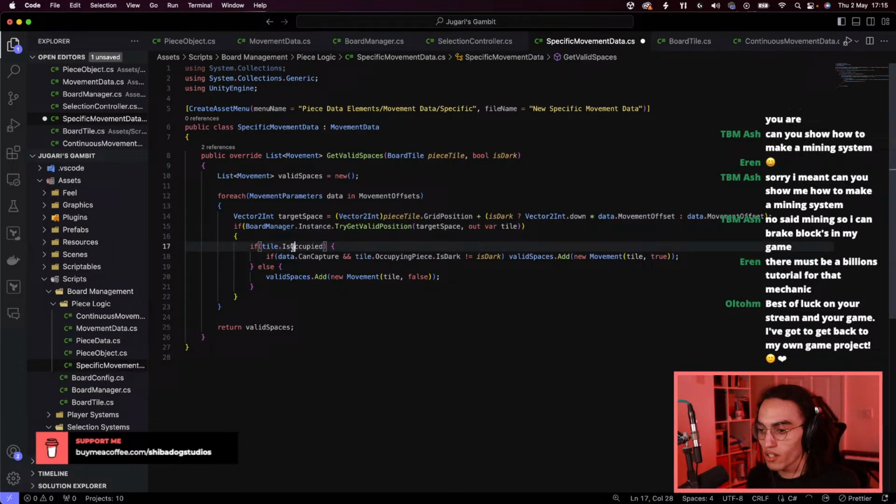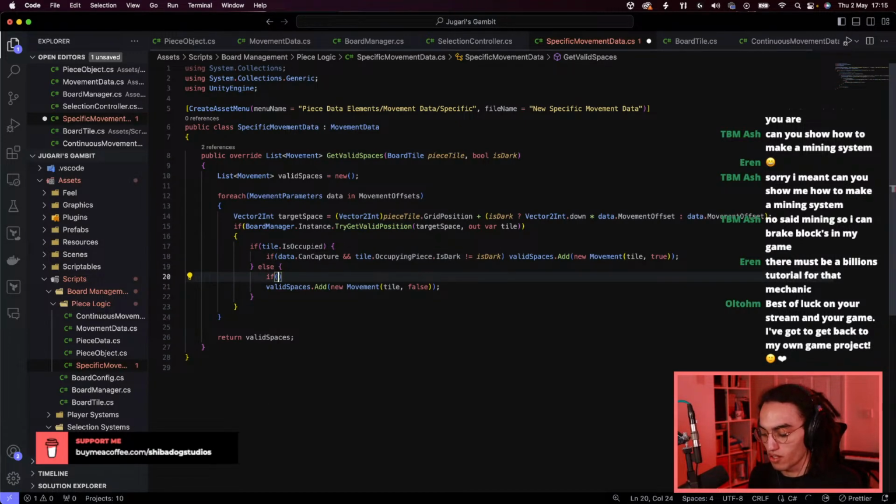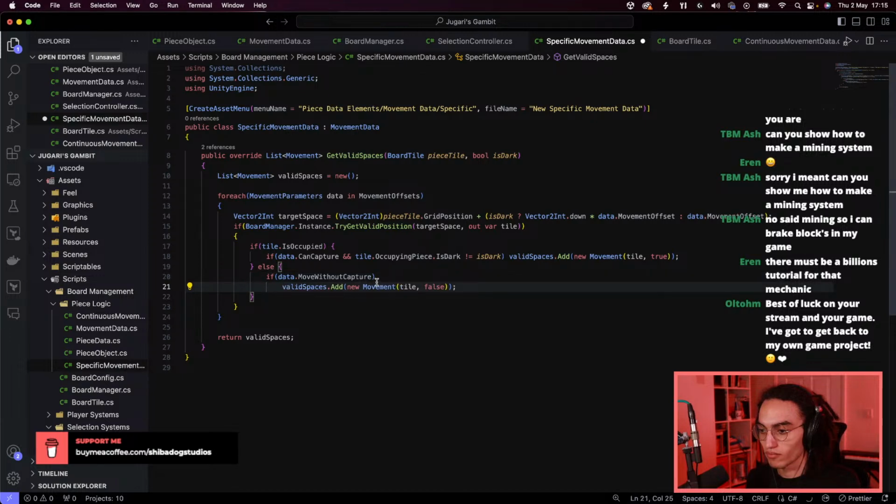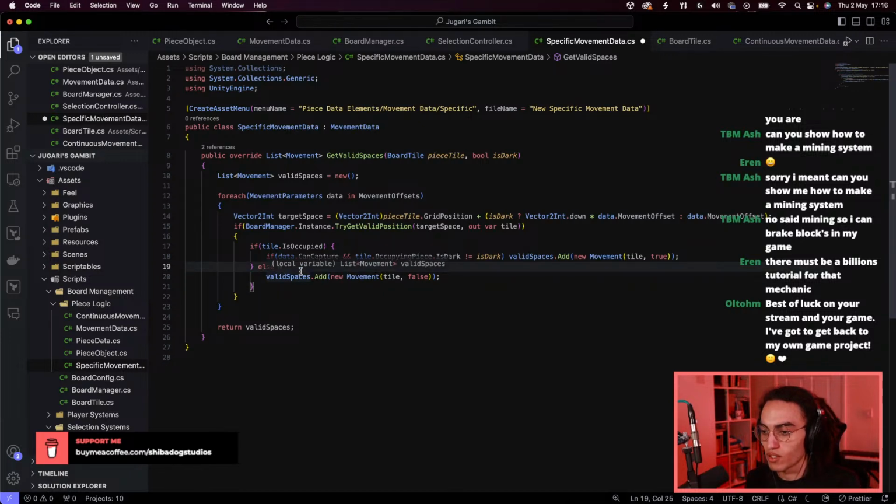No, yeah. If the tile is occupied and we can capture, we capture. Otherwise, if data dot move without capture. No, because we want to else. So if there's nothing there,